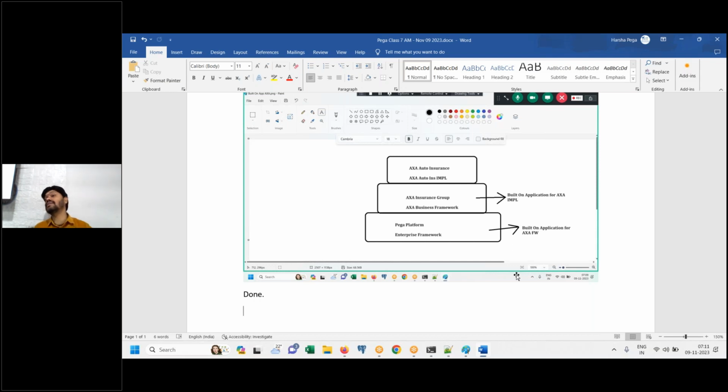Now this is called reverse engineering. So the most important thing in a developer's life is reverse engineering. Forward engineering anyone can do. That's not a big deal. Anyone can create from scratch. But somebody has already created it and you have to enhance it. That is a challenging task.